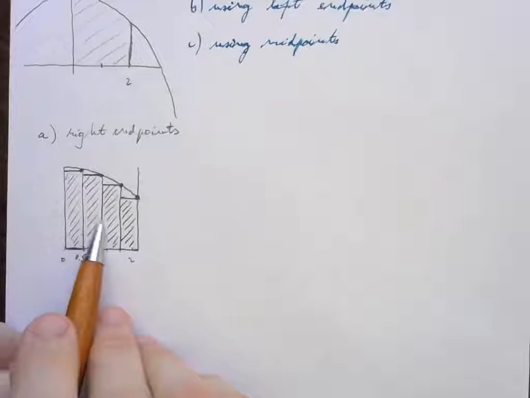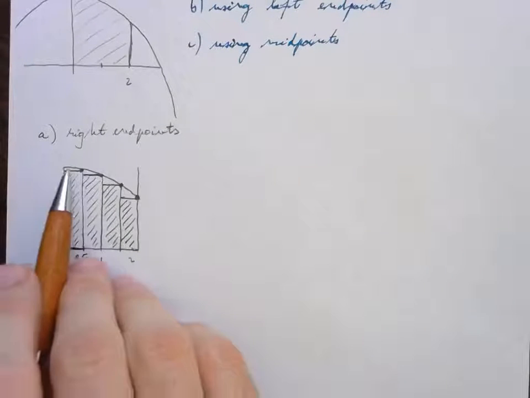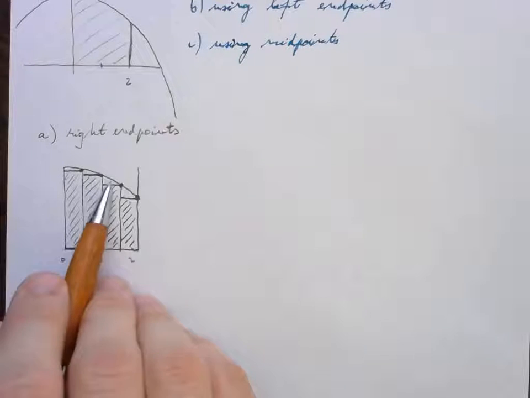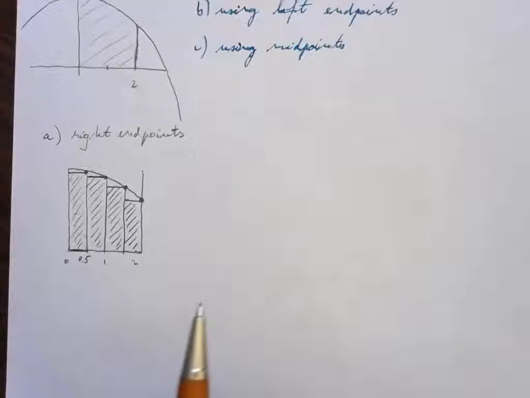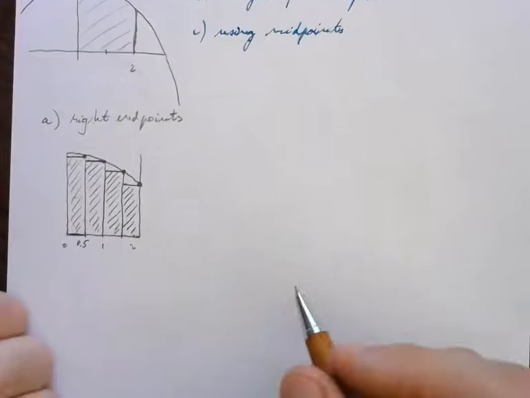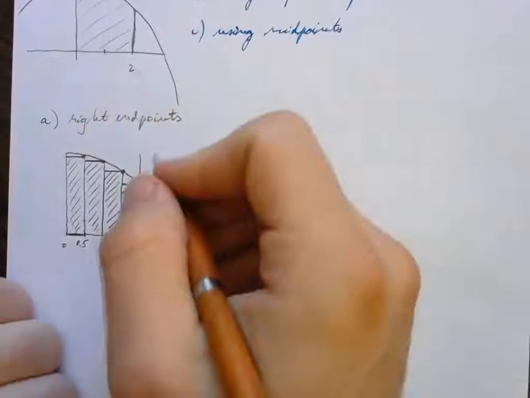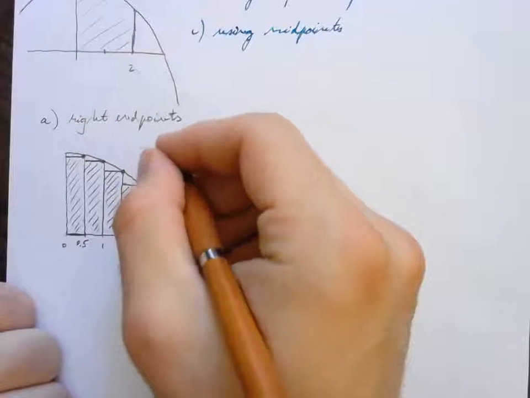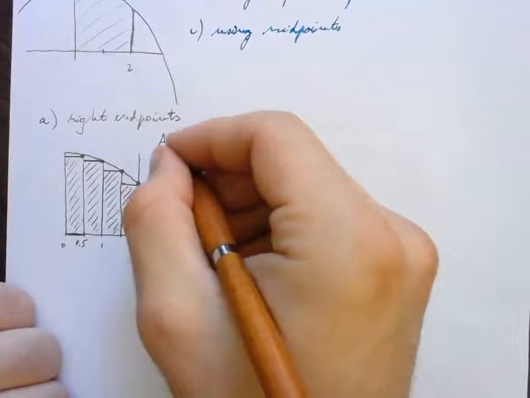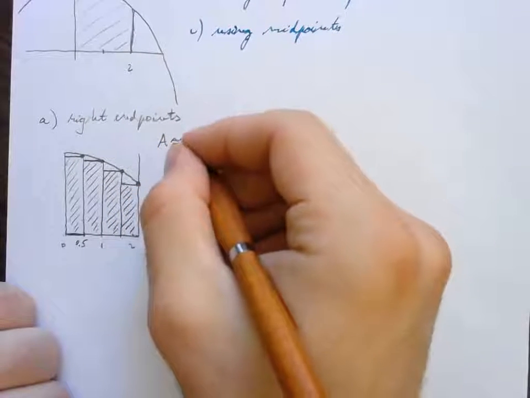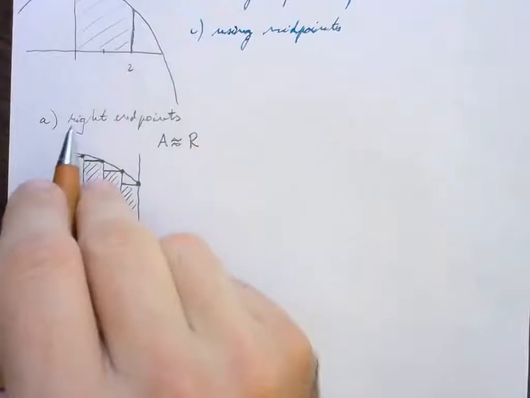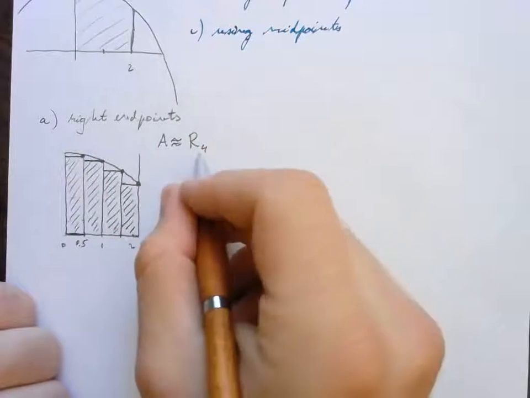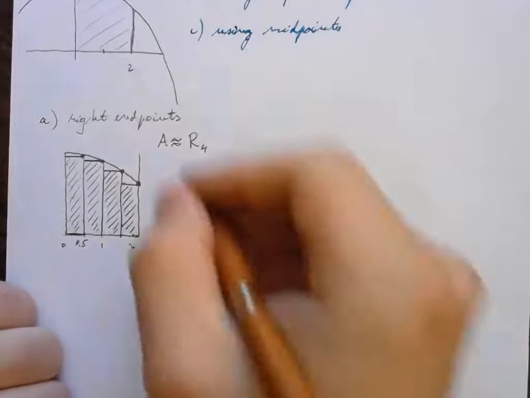So this is the approximation versus the actual area. We lose a little bit of area each time for this particular function. Now let's go ahead and compute it. So the actual area, I'm going to approximate it. I'm going to write this R for using right endpoints, number 4 for 4